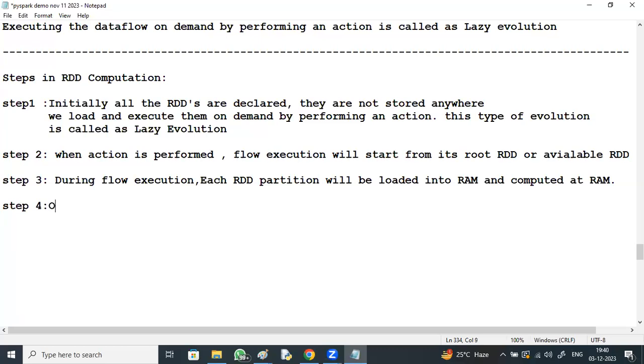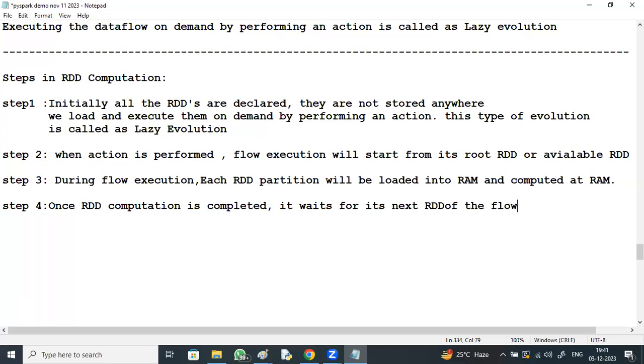Step 4: once RDD computation is completed, it waits for its next RDD of the flow.